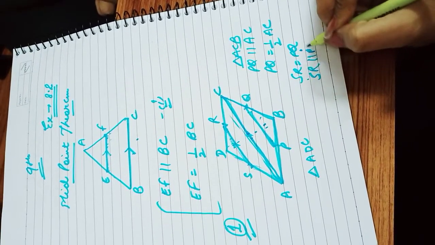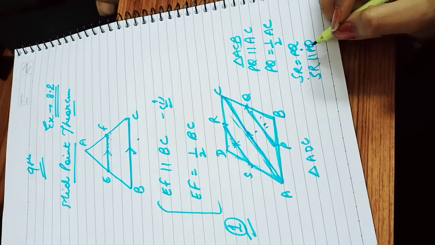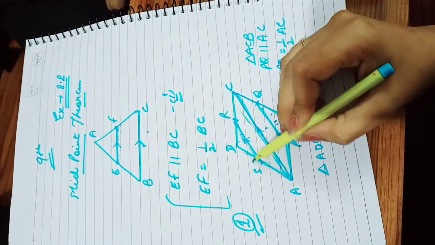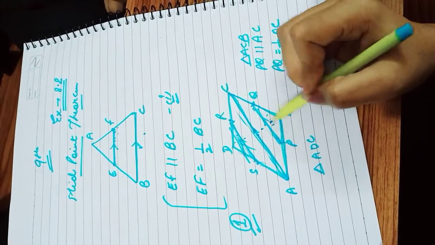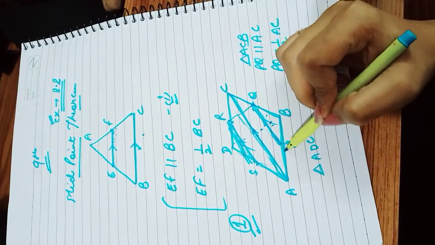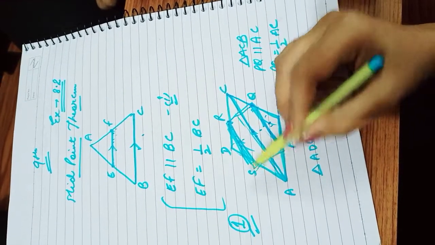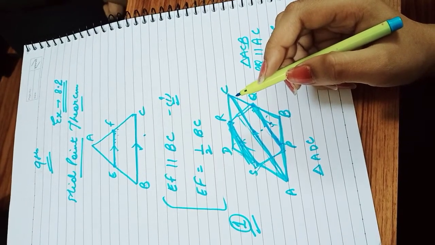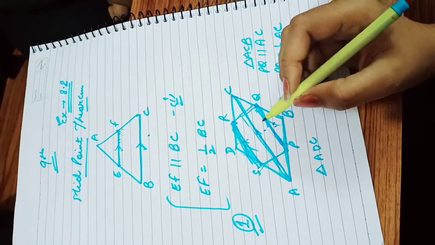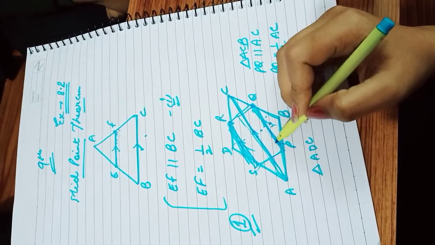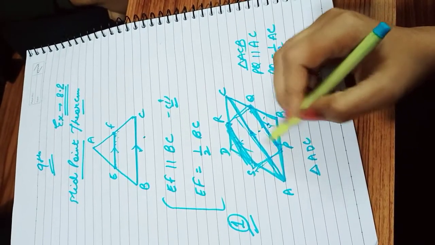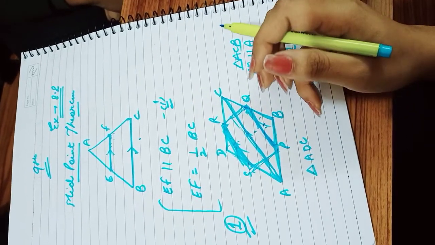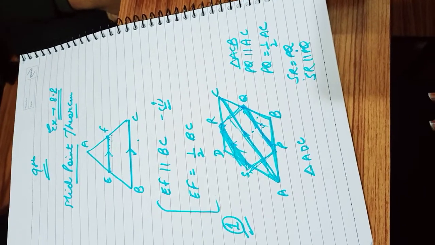If one pair of opposite sides of a quadrilateral is equal and parallel, then this would be a parallelogram. Hence PQRS is a parallelogram. So according to the second part, you have to prove PQ equal to SR. If this is a parallelogram, you can show that this will be equal to this and this would be parallel to this also. And in the second part, this is equal to this. You have to prove this. We have done it earlier. That's it.